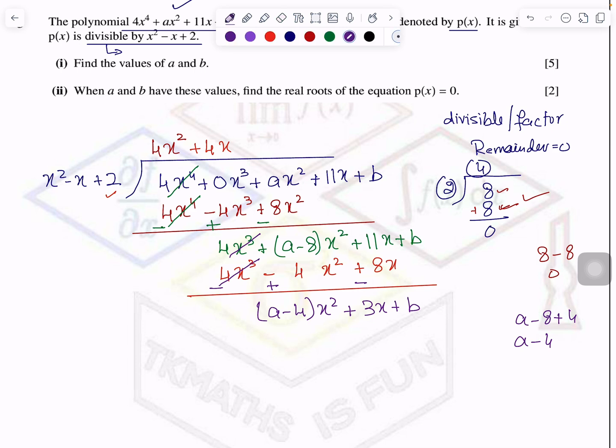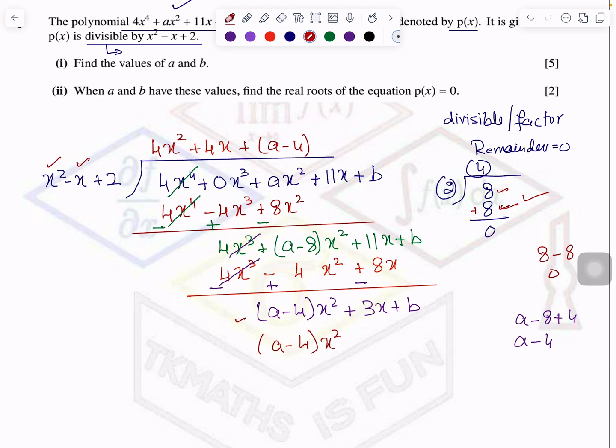Now you will multiply x square. Just a minute. Let me erase this. Okay. So now you will multiply x square by some term to get a minus 4x square. So what comes to your mind? Nothing else than plus a minus 4. So I will multiply this term by x square, so I will get a minus 4x square. We always try to keep the same term the same so that we can cancel it out. That is the whole purpose.